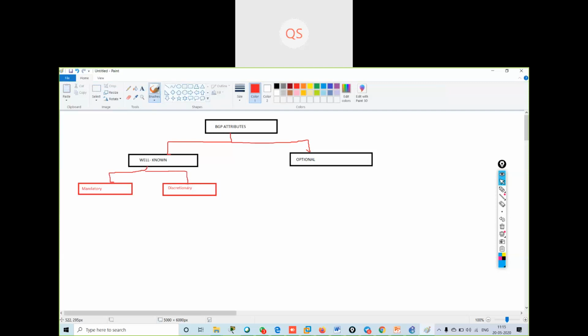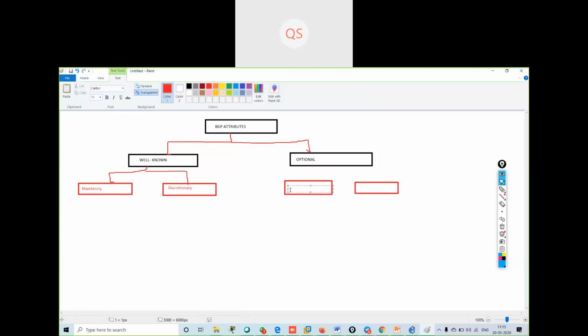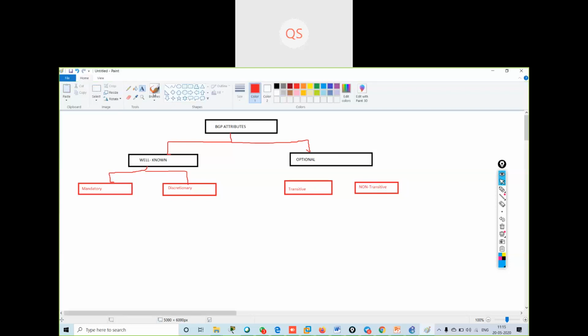Well known is divided into two: the first one is mandatory, and the second one is discretionary. My optional is also divided into two: transitive and non-transitive. Got it?